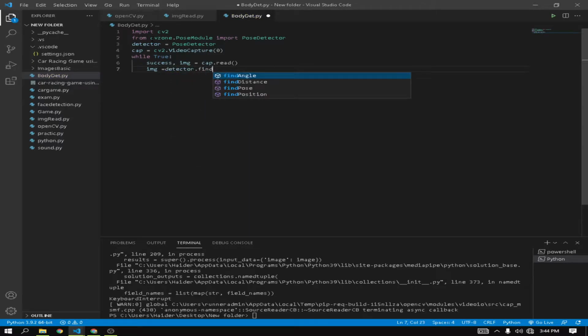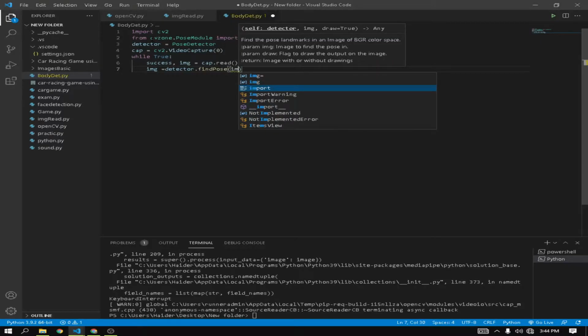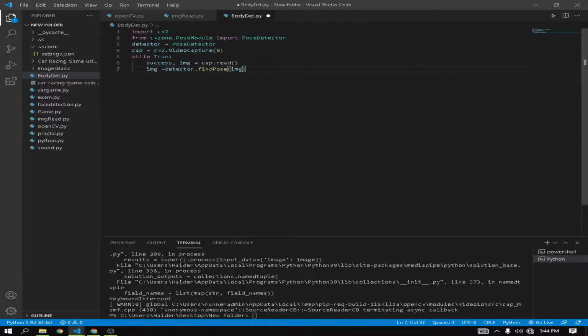For this we need to write img = detector.findPose, and here we write the image as an argument inside findPose, because it will find the landmarks.